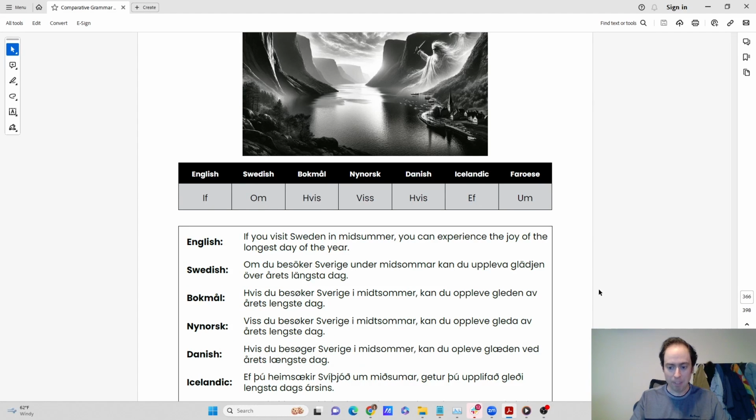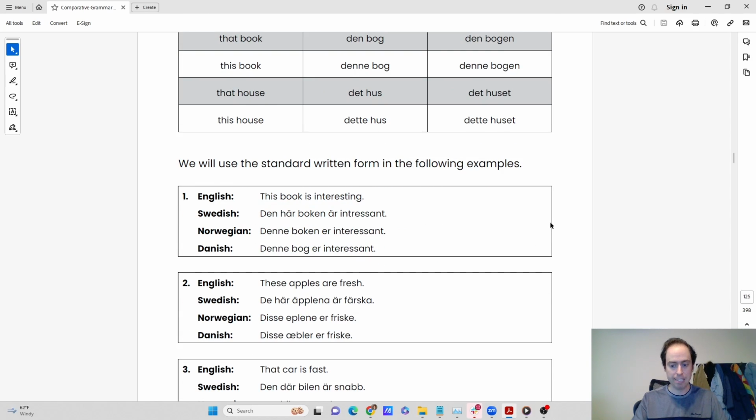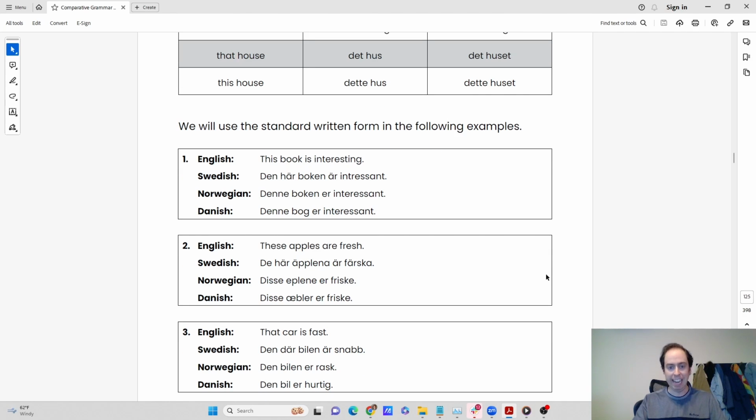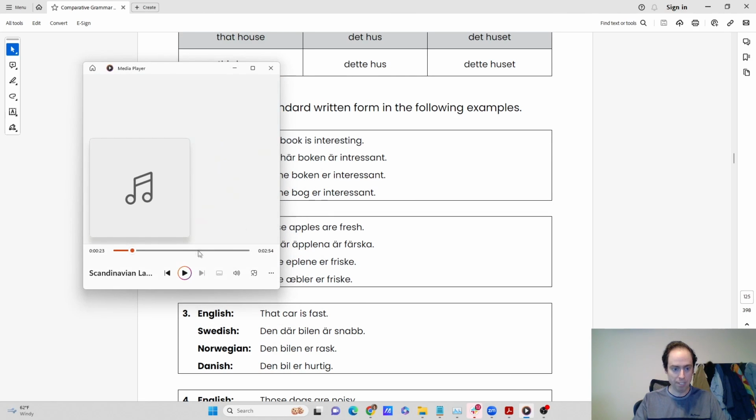One thing I forgot to mention was that I also went ahead and I made an audio file that compares Swedish, Norwegian, and Danish right after each other so you can listen to the differences in the speech. And I did it for this section of the book here on page 125, I believe this is. Yeah, 125. So if you listen,